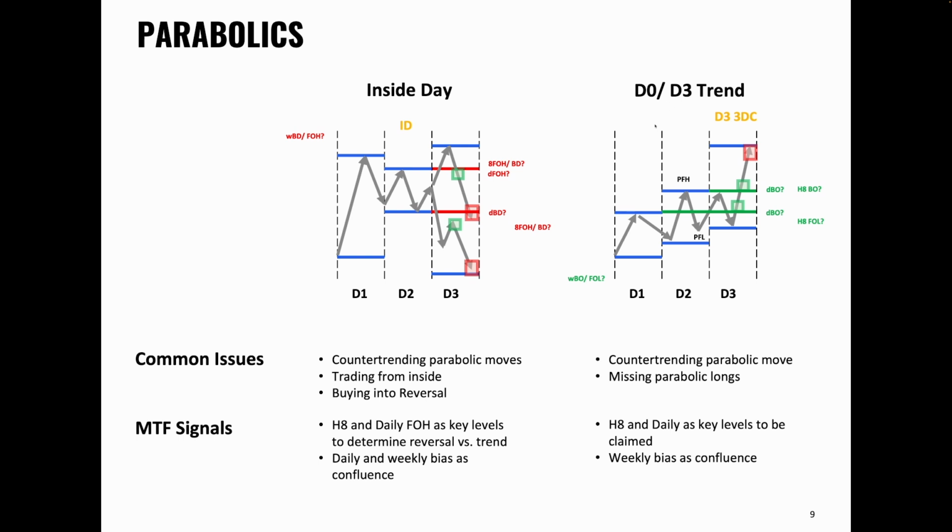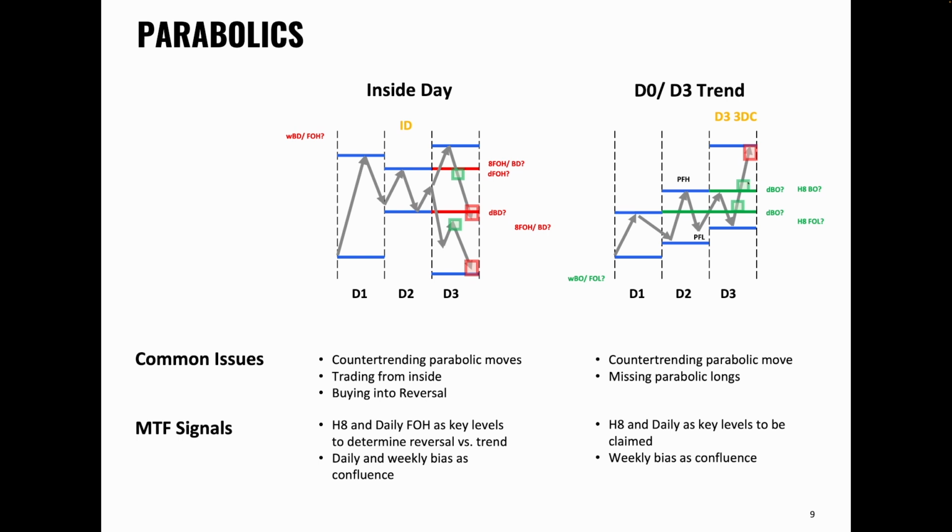Then day 0, day 3 trend. So a day 3, 3-day cycle. If this is a day 1 at the low of the week, for example, peak formation high, peak formation low, day 2, and then you get a day 3 blow off. What's the issue with that? Sometimes people try to take the reversal on day 3, because Stacey always says Wednesday, day 3, parabolic reversal, very nice trade. And on the other hand,